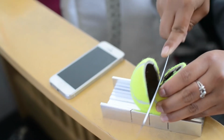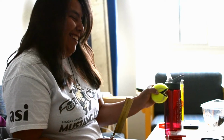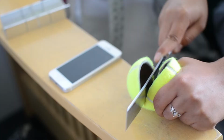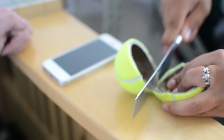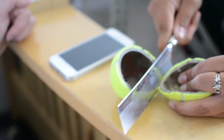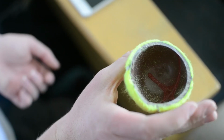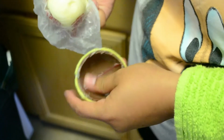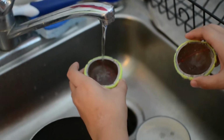Our first idea for the project was to create a lens out of ice by freezing water inside half of a tennis ball, and then use the ice lens to create magnified images. We cut tennis balls in half, put butter on the inside so the ice wouldn't stick,